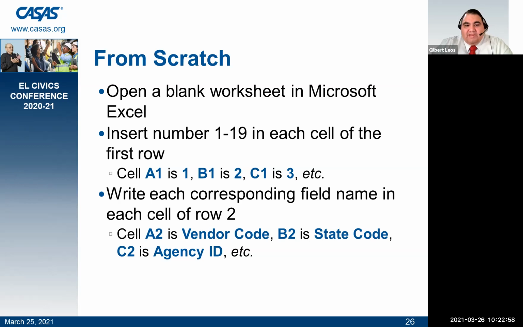In the second row beneath it, we're going to write the field names. So in A2, we will have vendor code because it is the first field. In B2, we will have state code because that is the second field. And for the third field, in C2, we will write agency ID and so forth. Once you have all that,